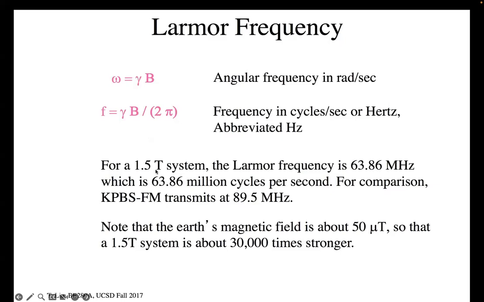So at 1.5 Tesla, which was the standard field strength for many years, that corresponds to 64 megahertz, which is somewhere, I forget where it is. It's just like off one end of your FM dial, right? So if you guys never listen to FM radio, I guess, because you just listen to podcasts and what else. But it used to be in a car, you had a dial to tune your radio. And I'm not sure if those exist anymore, but just off to the left side of the FM dial was